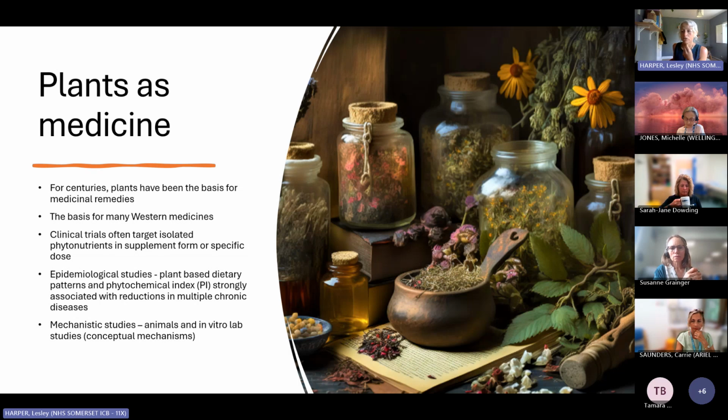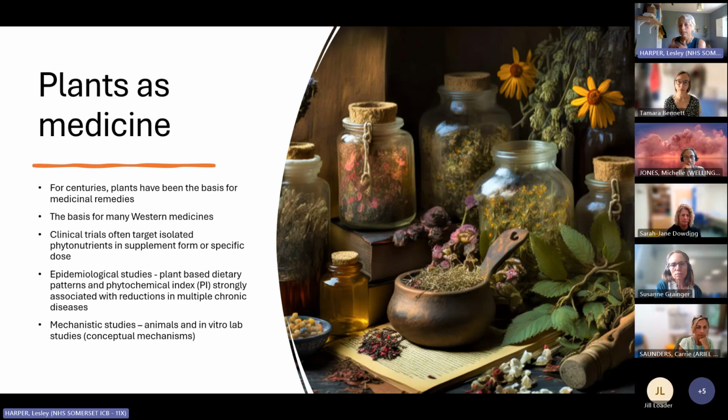Clinical trials often target isolated phytonutrients in supplement form, using specific doses rather than within foods. That's because of the variability within the foods, but also for bioavailability, so that they can ensure they're giving a standardized dose. So there are a number of studies that help support the evidence for